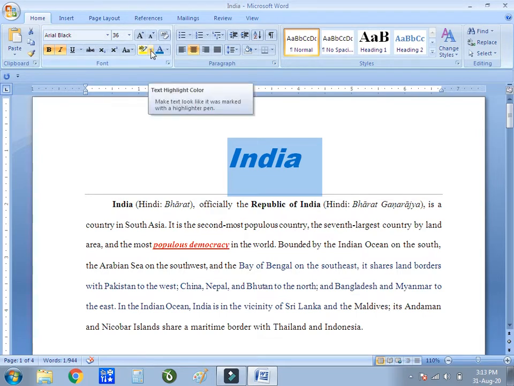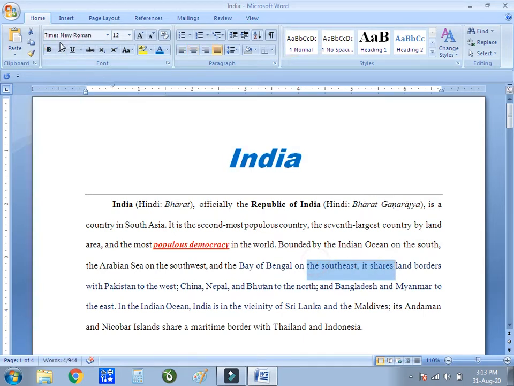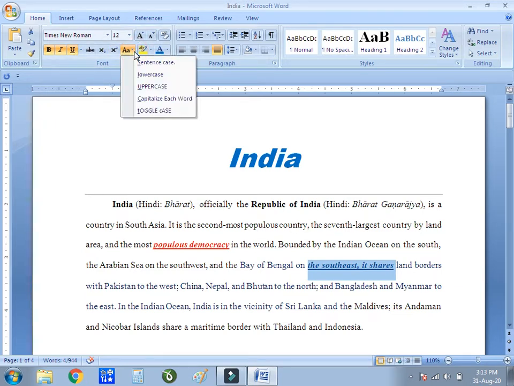Then I can make it bold or unbold with the help of this option. Suppose I want to select one particular line or word, I can make it bold to highlight it. I can make it italic with the help of this. I can underline that particular line, word, etc. And here you can change your text from lowercase to uppercase and back to lowercase, etc. So these are the different options available in font.